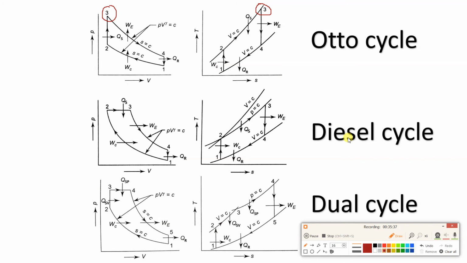If you consider diesel cycle, process 2 to 3 is constant pressure heat addition. So pressure P2 is equal to pressure P3 and these are the highest pressure values. And the highest temperature will be T3. In case of dual cycle, even if we do the comparison, it will be in between Otto cycle and diesel cycle. So we will see the next